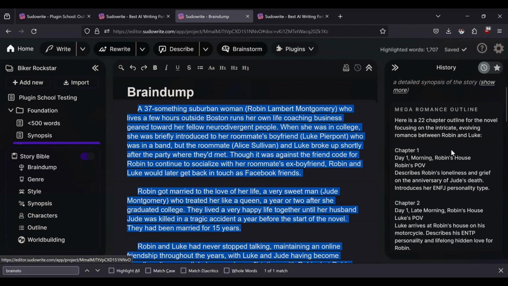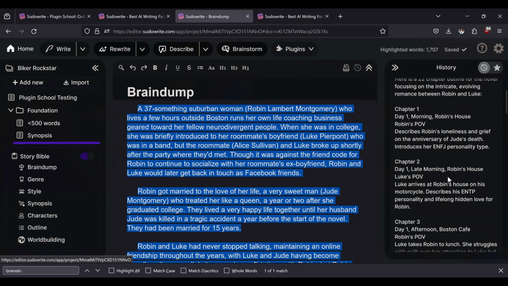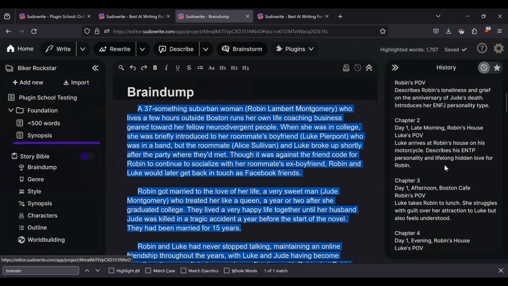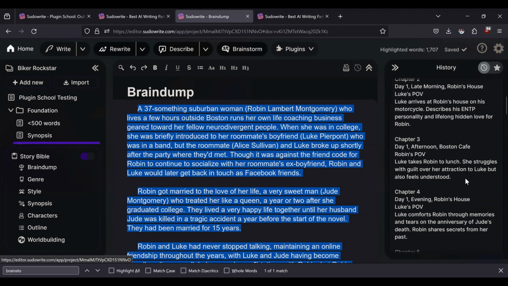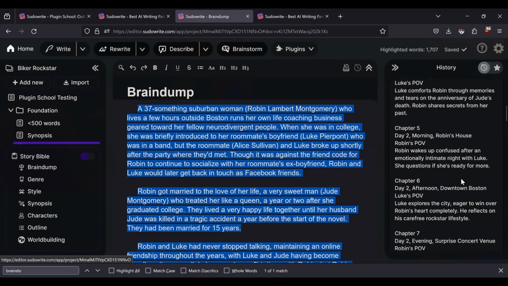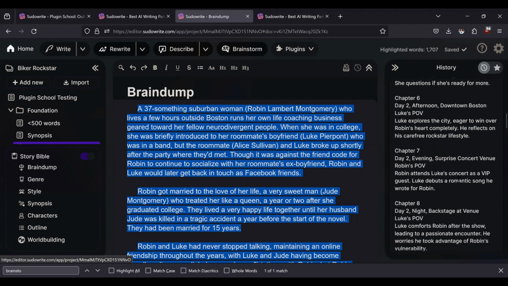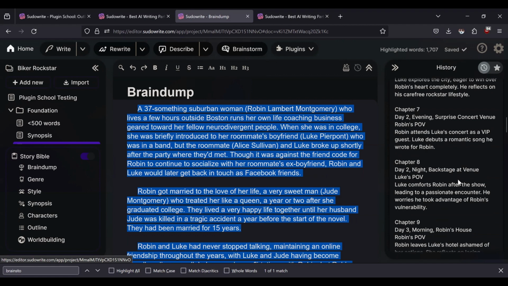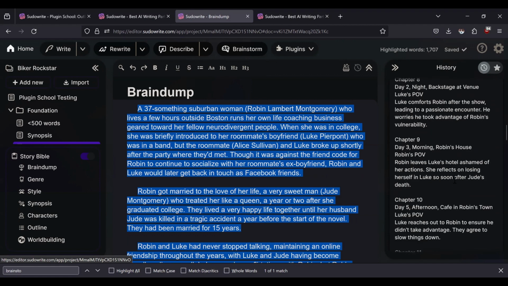All right, here's a 22-chapter outline for the novel, focusing on the intricate, evolving romance between Robin and Luke. All right, these aren't the most detailed chapter summaries. I'm not thrilled with this, but